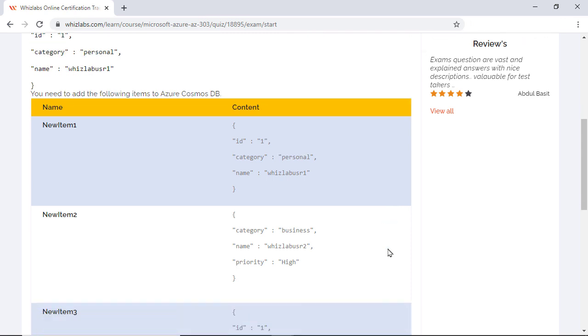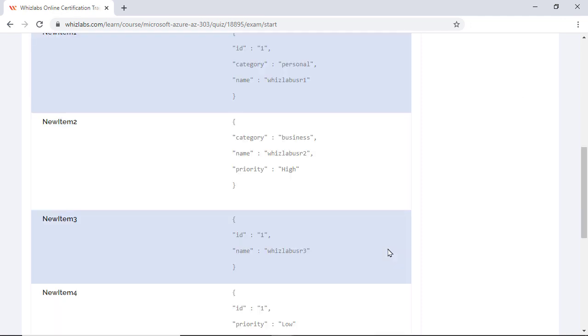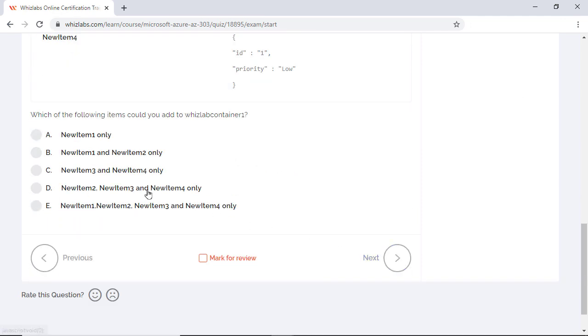Remember that an item can only be added if the combination of the partition key, which is the category value for container 1, and the ID value is unique. So item 1 cannot be added as it has a duplicate value for both the ID and the category value. All the other three items can be added to the container as they either have a different value or a missing value for the partition key.